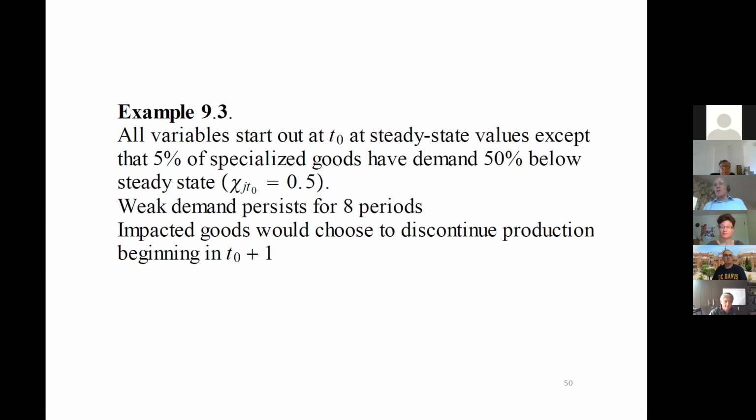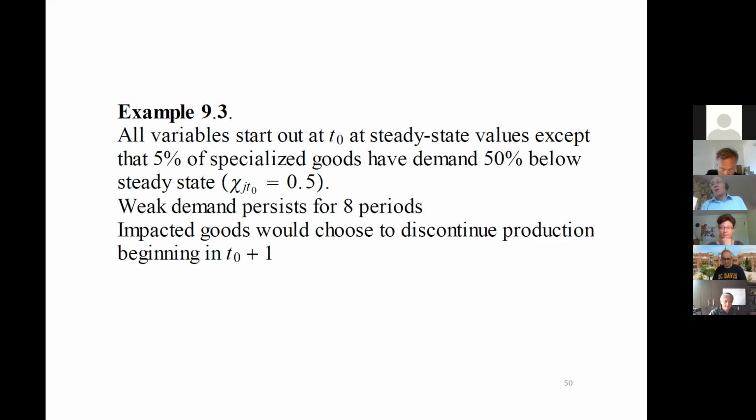And unlike my first example, where I said the shock just lasts for one period and then it goes away, so it doesn't affect anybody's calculations about the future, in this case, everybody knows it's going to last for 8 periods. Everybody knows for 2 years, demand for good J, if it's an impacted good, is going to be in the toilet. And so for this example, if you're one of the guys specialized in this good that is going to be hard to sell, hard to make a profit, for the next couple of years, you would actually choose to